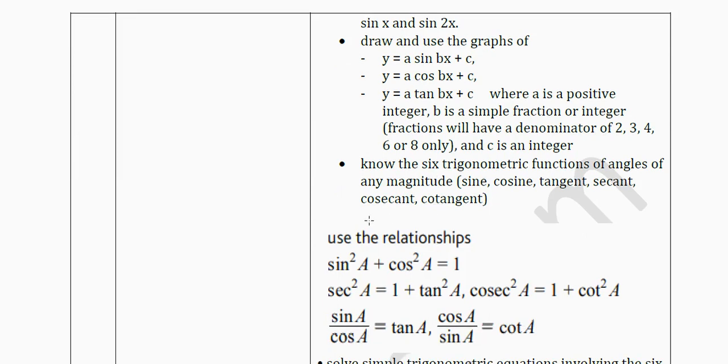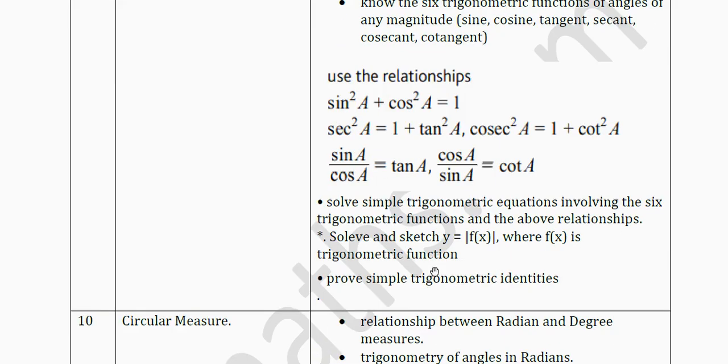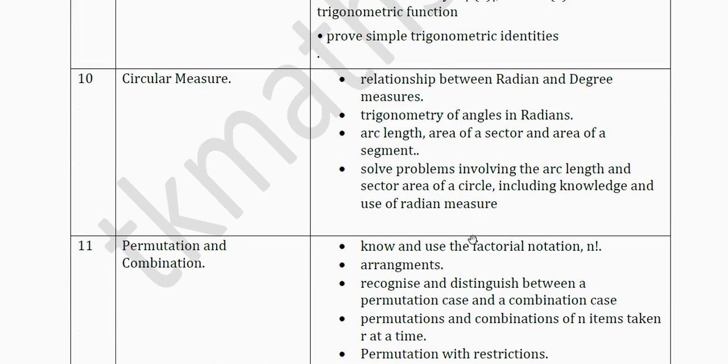Most of the time, some relations are given to you on the first sheet of the exam paper. So you need to understand which formulas are given there and which you have to remember and revise. Make sure you are aware of all those. So these are the topics. Basically in trigonometry, there are 3 things: sketching, identities, solving equations. But within those, there are many types, so you have to be careful that you have done this.